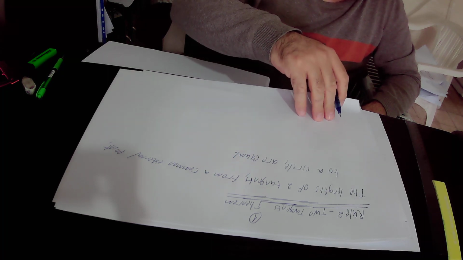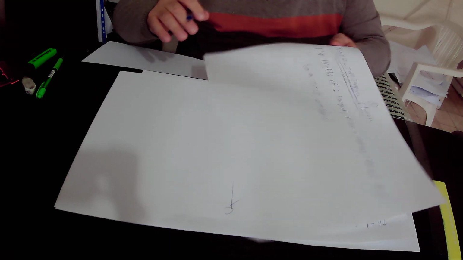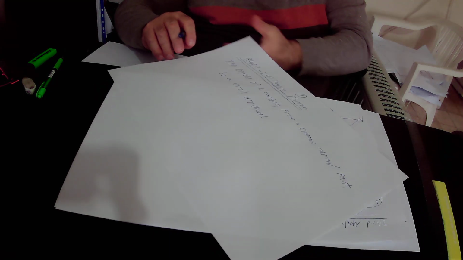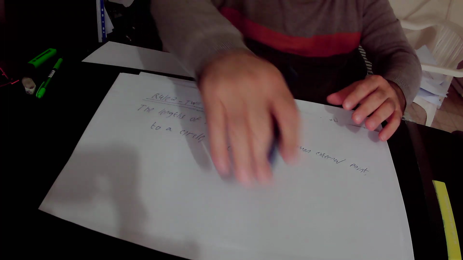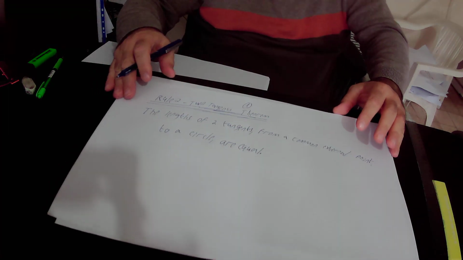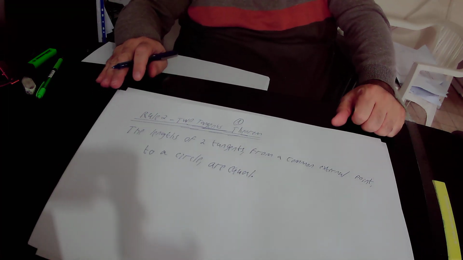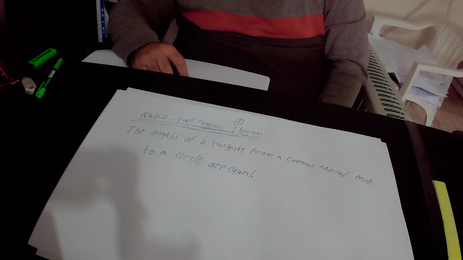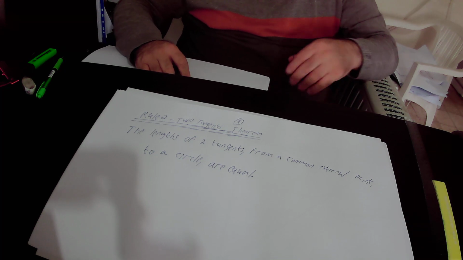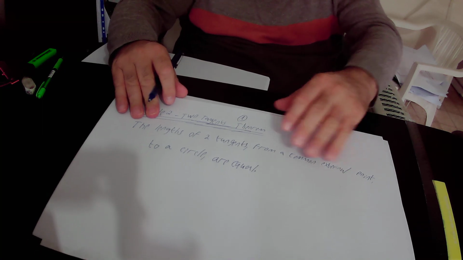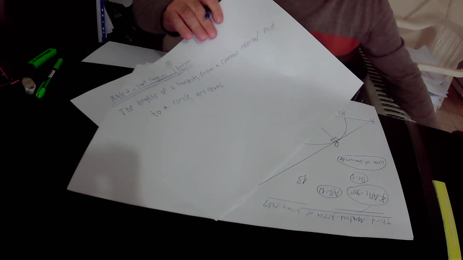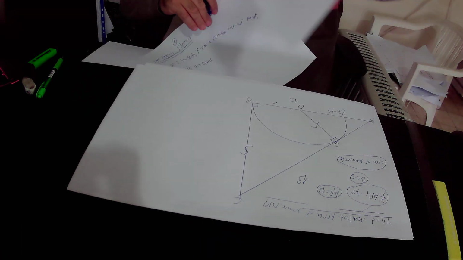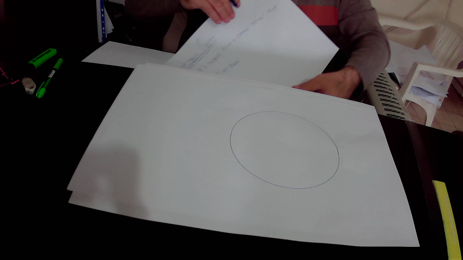So I write rule number 2 again. According to rule number 2, the lengths of two tangents from a common external point to a circle are equal. So what is the meaning of rule number 2? The meaning of rule number 2 is that if we have this circle